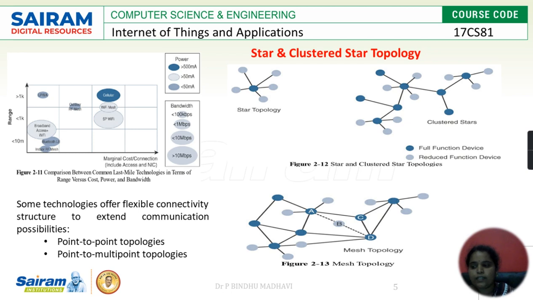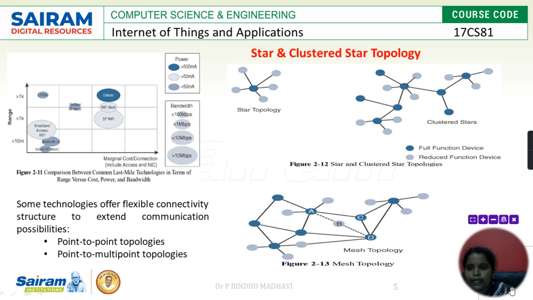It's all about the connectivity that we see. And there are different types of technologies based on cost, power and bandwidth. So we know some of the topologies like star topology, mesh, bus topology, point to multi-point. All these are the topologies which specify the connectivity and the communication. So there are different types of topologies that we have.